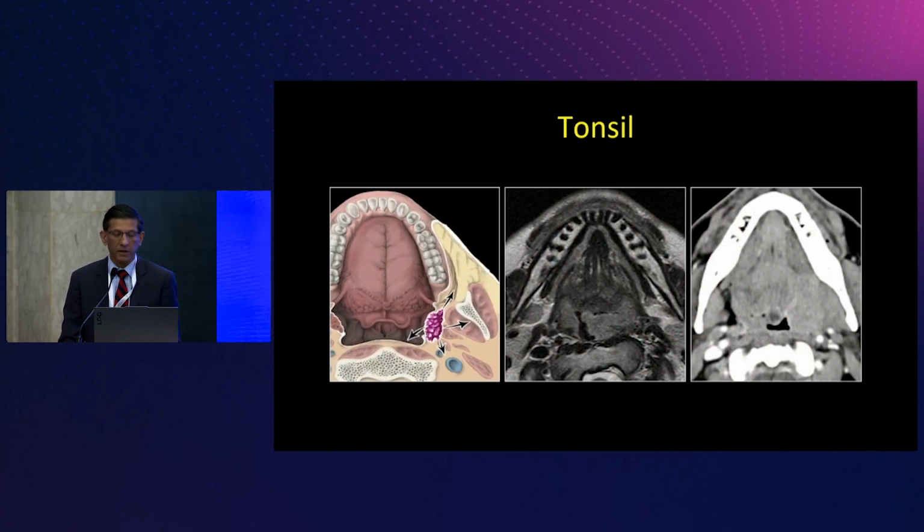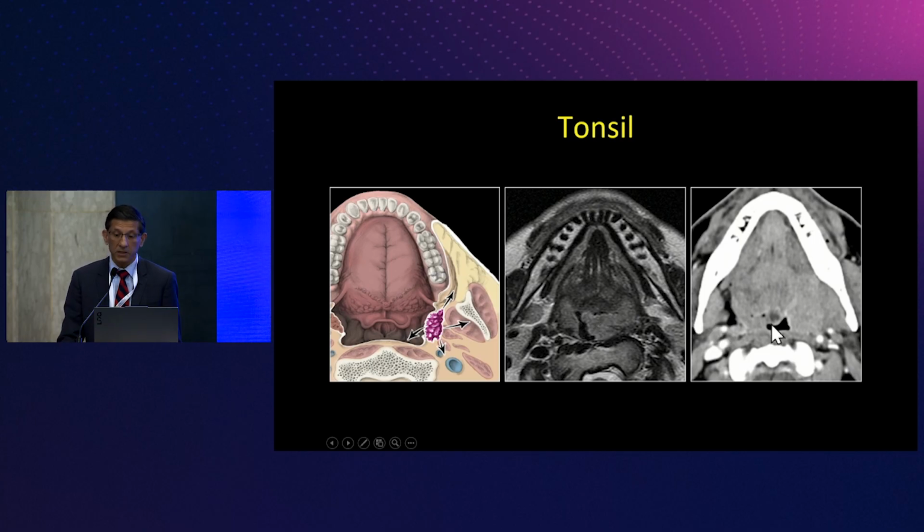But where I really need the radiologist, i.e. myself, what my surgeons rely on me for, is when they see a tumor involving the tonsil, they again have to determine, is this a patient that I can treat with surgery? Or should this patient be treated with chemotherapy and radiation therapy? This is where we really add value. You may have heard value in radiology. The real value in radiology is what can we include in our report that's going to change directly how that patient's treated. So if I see a patient like this that has a cancer involving the left tonsil, notice that this cancer is extending into the oropharynx. There's no deep extension. So this is a very nice case where the surgeon can do a tonsillectomy or transoral robotic surgery, and they're done.